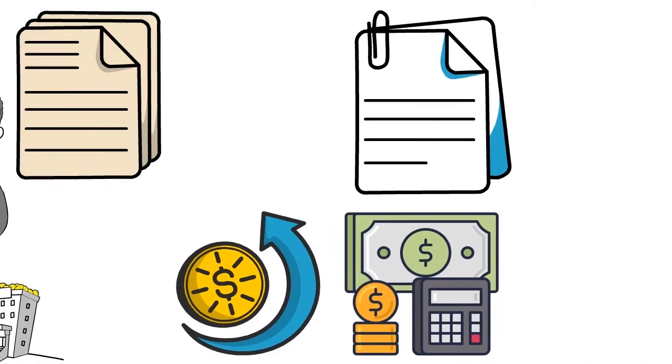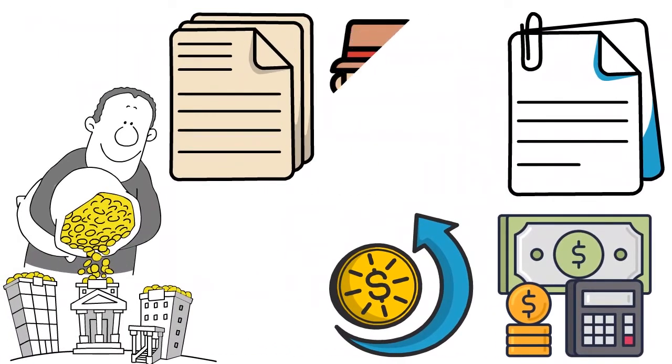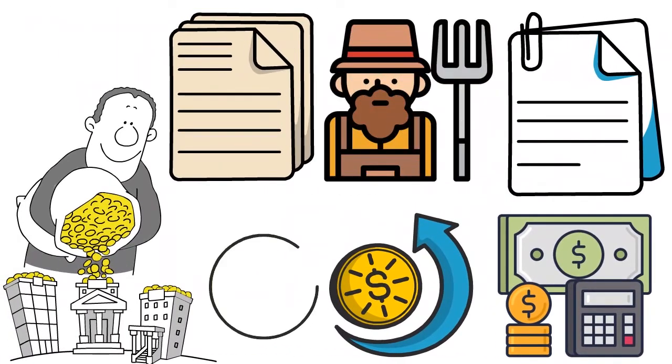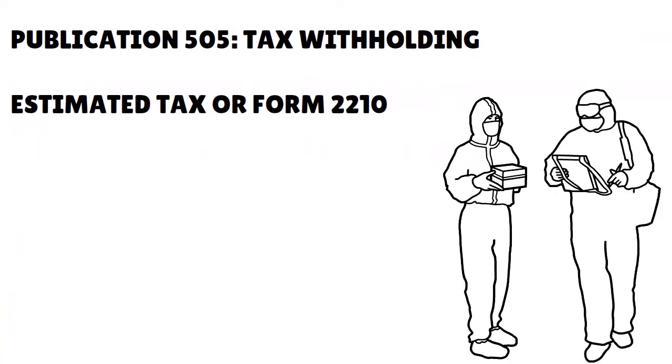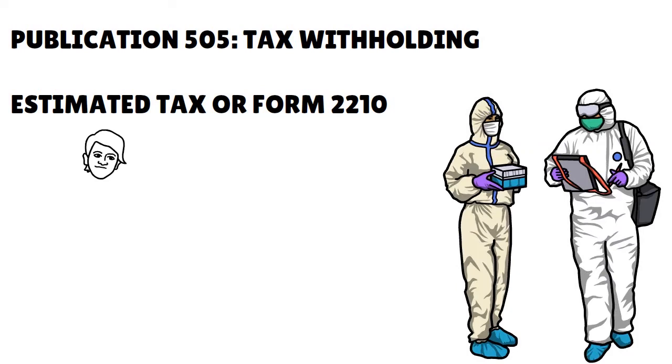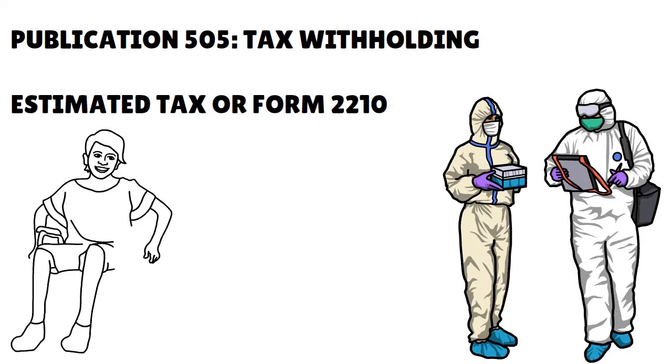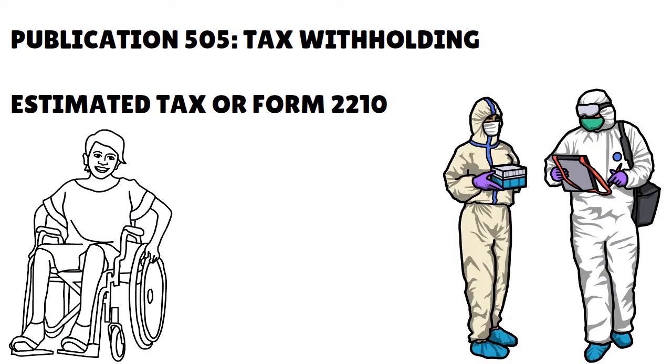And if you want to learn more about this topic, you can go to Publication 505, that's Tax Withholding and Estimated Tax, okay? Or you can go to Form 2210 to learn more. If you are a farmer or a fisherman and your withholding plus quarterly estimated tax payments are at least 2/3 of your last year's tax, you can eliminate or lower your penalty. If a casualty or disaster occurred, making it unfair for the IRS to impose the penalty, this is really important also, or you are retired or disabled and your underpayment was due to a reasonable cause instead of willful neglect,